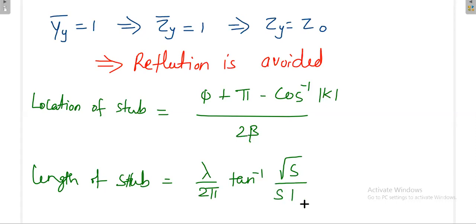Now my question is, under the limiting condition, if you have a short circuit or open circuit, is it possible to introduce the stub? If at all possible, where do you have to introduce it? For the normal case, you can introduce the stub, no problem. Under the limiting condition, the reflection is very, very high, whenever you have short circuit or open circuit.